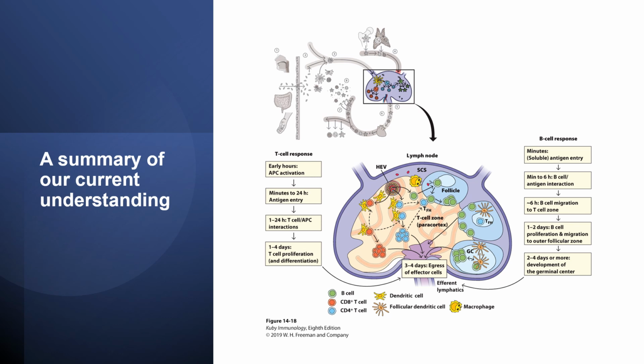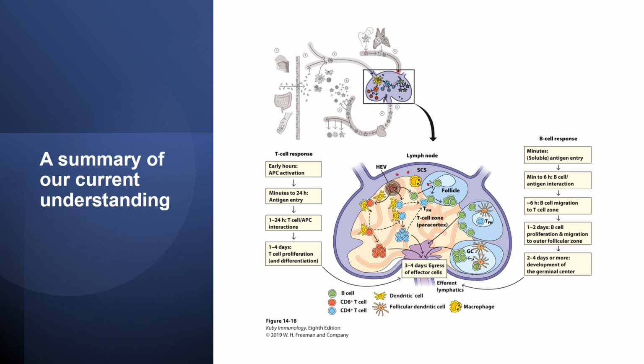That's a long lag period. That seems to me like a long time to be unprotected. And this is why we have an innate immune response: to protect us during this window where we're waiting for our T cell response to really gear up. And it's not that the B cell response is necessarily any faster, but that's what's going on over on this other panel